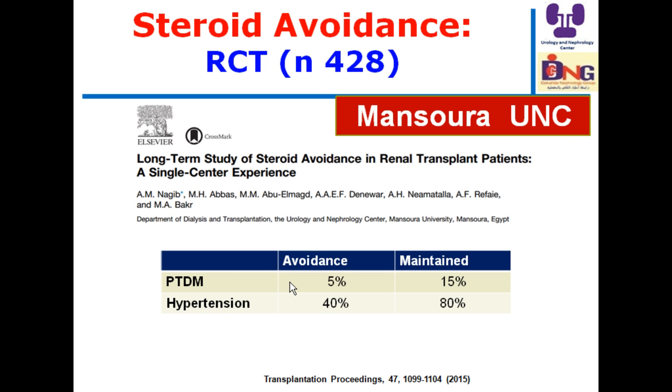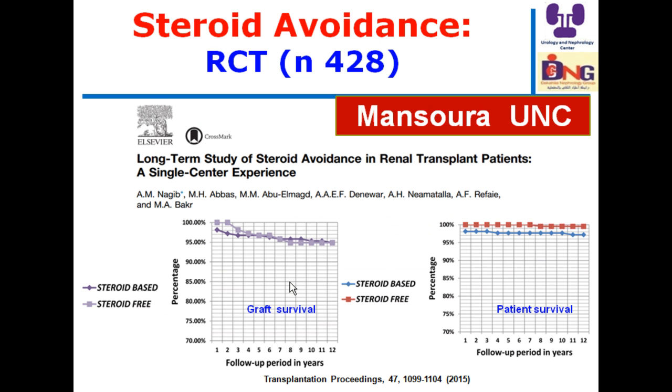But be aware that all these patients were at low immunological risk, and they were maintained on FK, tacrolimus, and MMF. And again, the outcome is not affected by steroid withdrawal. Graft and patient survival is fine after steroid withdrawal. So this is a successful use of steroid avoidance in renal transplant patients, showing that steroid avoidance is associated with lower risk of post-transplant diabetes. Again, these were